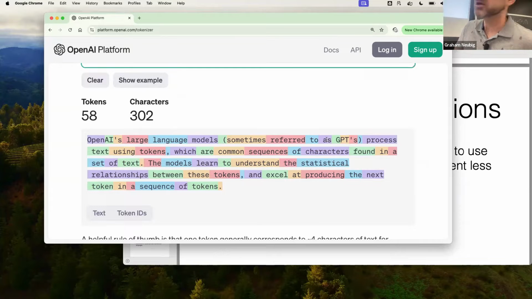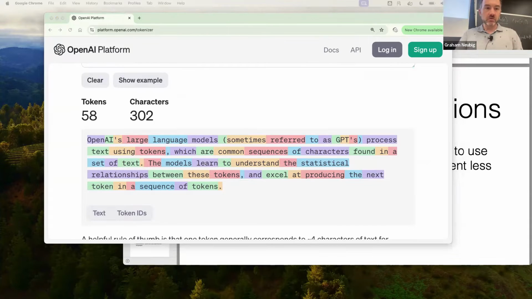Almost everything except GPTs was just a single token per word. Yeah, almost everything other than GPTs was a single token per word. So now let me translate this using Google Translate